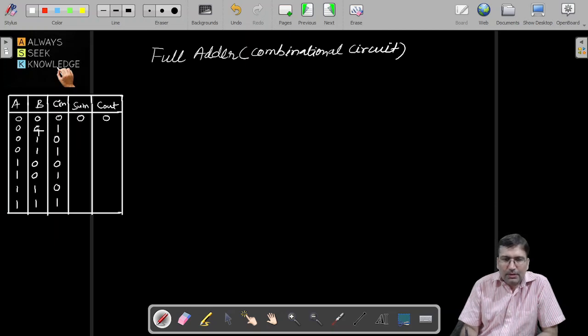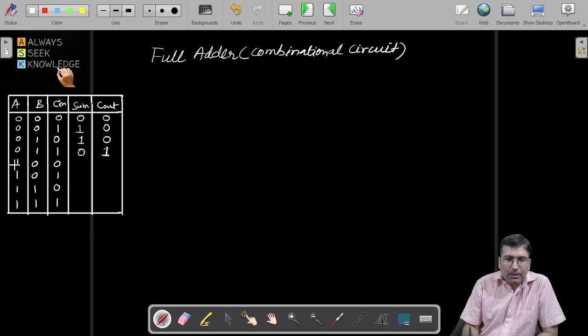Now if this is 0 0 1, when we add it, so altogether when we add 0 0, it will give us 0, and when we add the 0 with 1, it will give us 1. So sum we will get as 1 only, and there will not be any carry, so carry will be 0. Now same case is here, sum will be 1 and carry will be 0. Now here if we add it, 0 plus 1 will give us 1, and 1 plus 1 will give us 0. So the sum will be 0, but there will be one output carry,